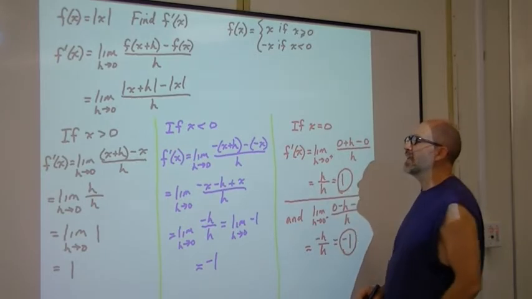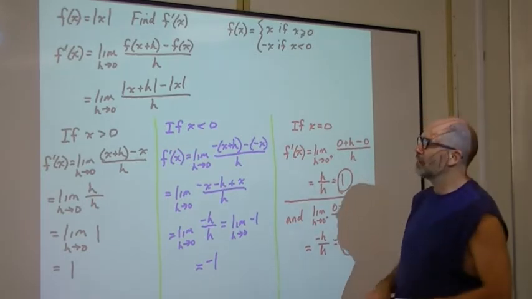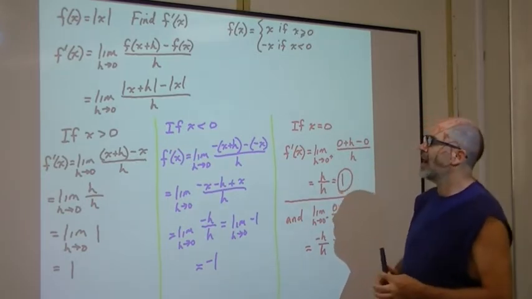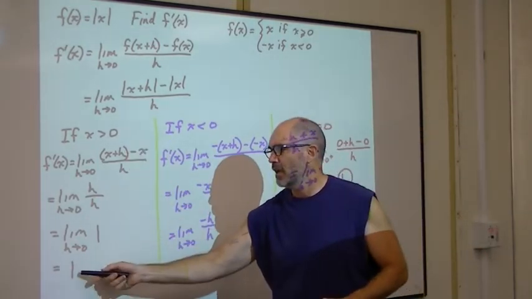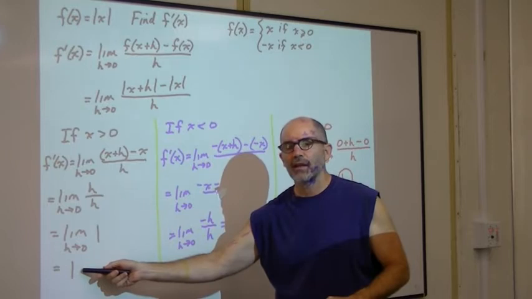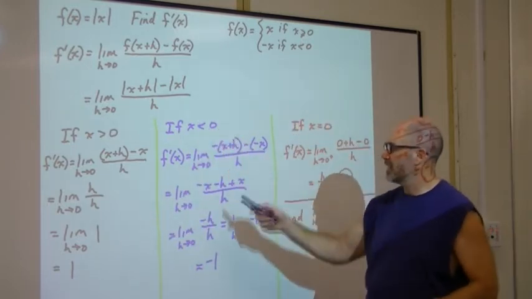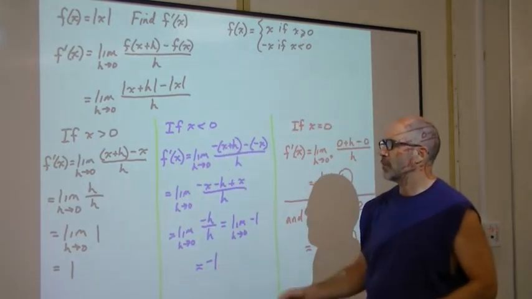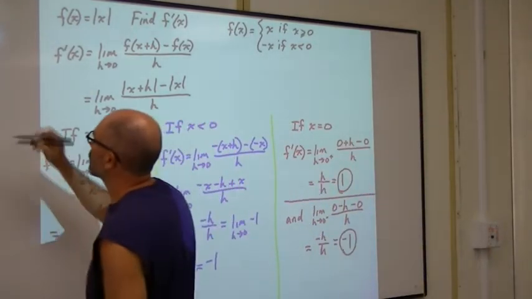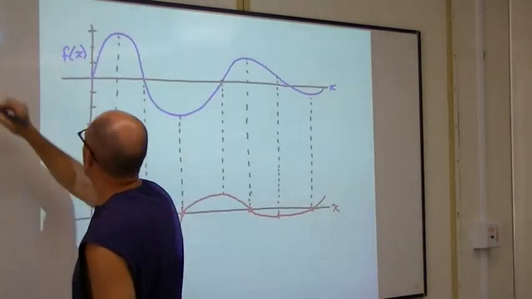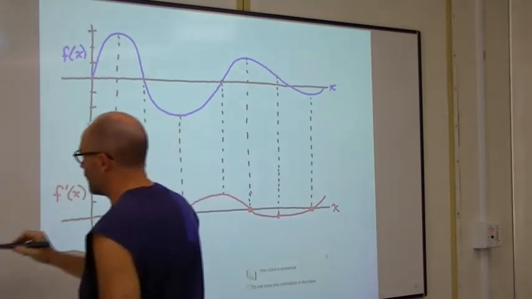All right, so what we see is, in our absolute value function, on the positive side of it, the derivative is 1. On the negative side of it, the derivative is negative 1. Why is that? Well, let's check it out. If we use